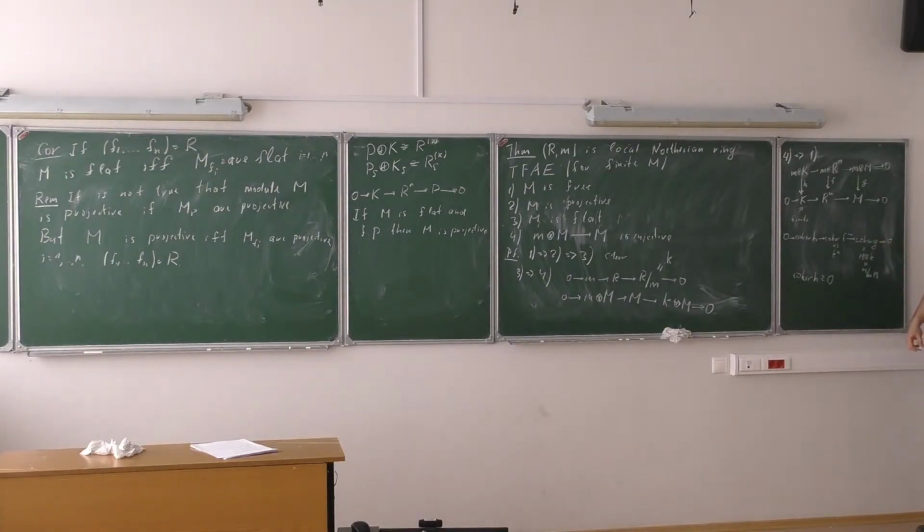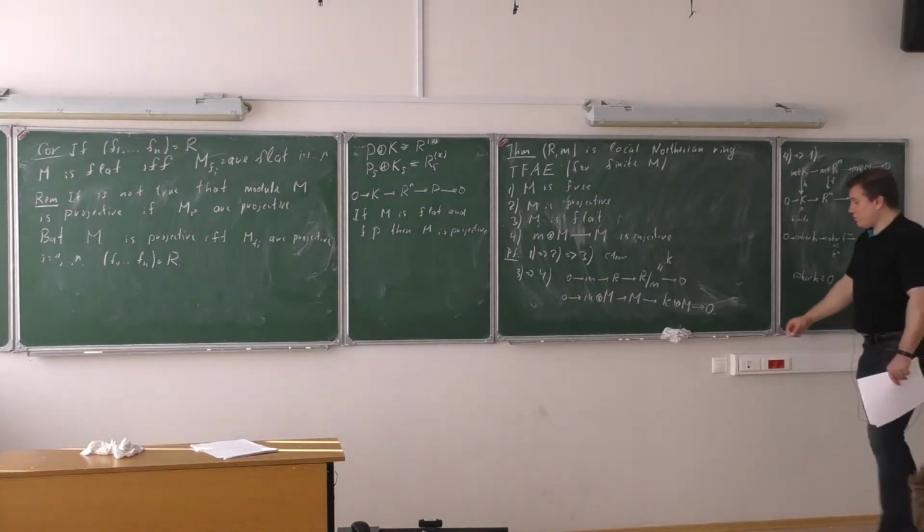Okay, so we have bases in M tensor K. Then we lift them. We have a set of n generators. So this is an n-dimensional vector space, and the same n will be put here, and the lifts of the basis here are generators of the module M. This is again an n-dimensional vector space, and the map is surjective, so it has to be an isomorphism. So anyway, the cokernel of H is 0.